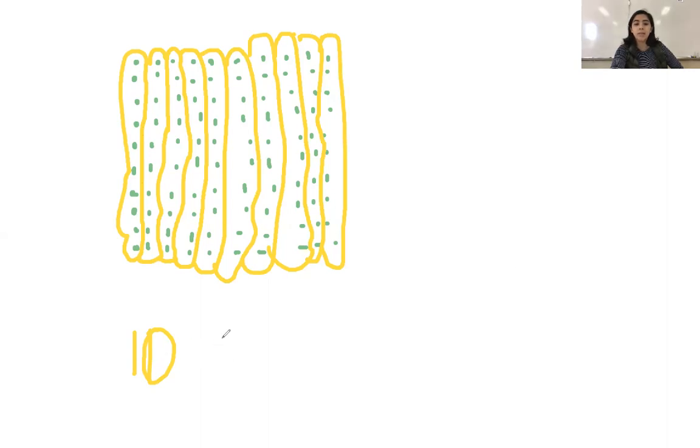So 10 times 10 of these little beans gives me, I want to know how many beans there are all together with all of these groups. The yellow is the group and the green is the beans. So 10 times 10 equals,